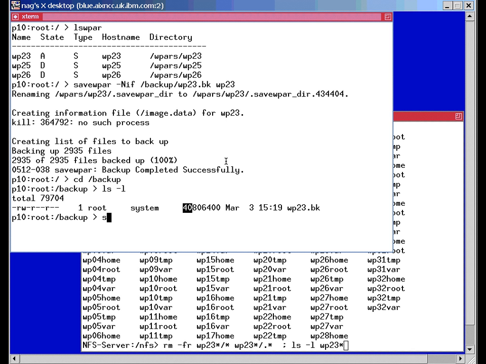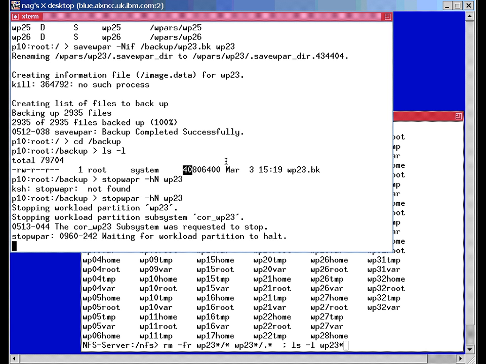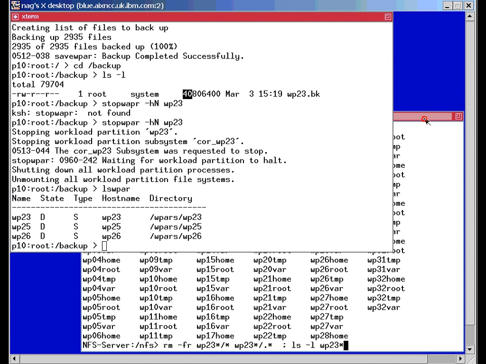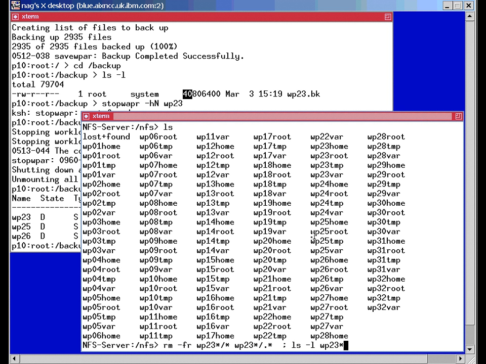Now the next thing I want to do is stop this workload partition, and I'll do it with these options to make it as quick as possible. And probably best if I type the command in right. This is defined state. Now I'm going to go to the NFS server here, and you can see these are